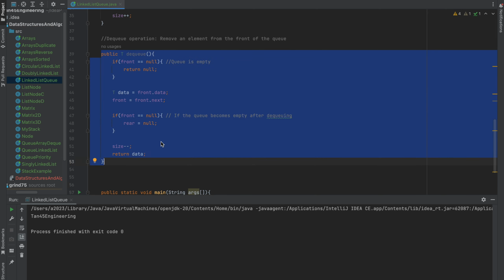We made an enqueue method, we made a dequeue method. Remember, we are implementing a queue using a linked list. Okay, now what else do we need? We have covered the enqueue method, we have covered the dequeue method. Peek is left, right? So let's implement the peek. Peek operation. Okay, so what will it do? Get the front element